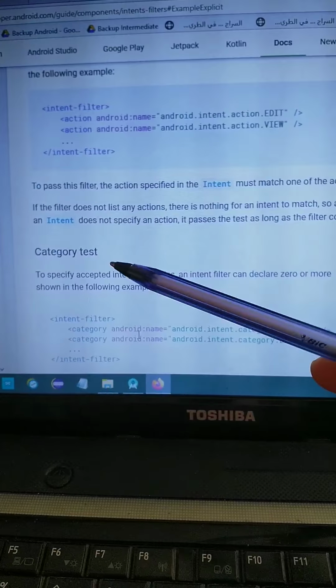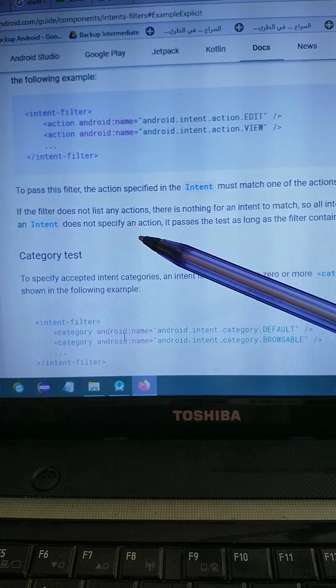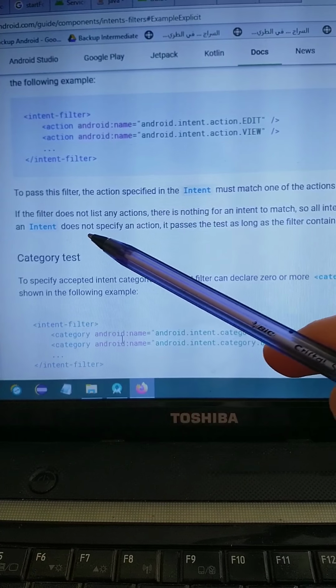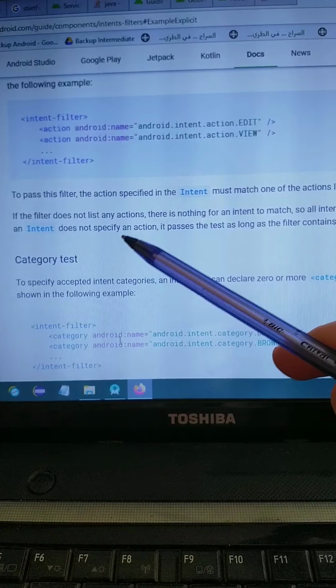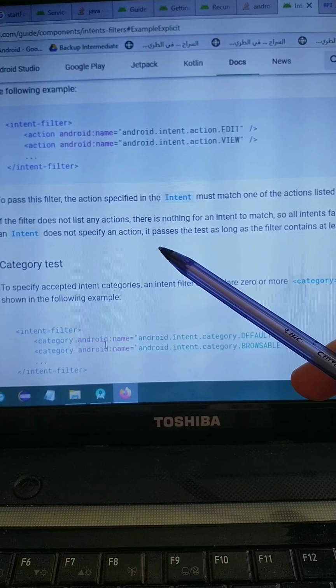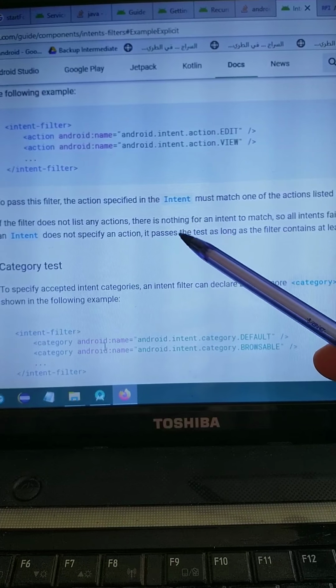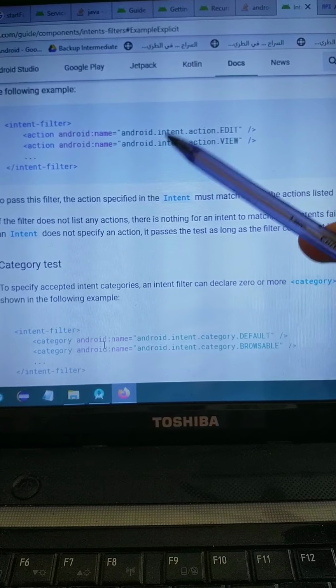However, if the intent does not specify an action, okay, so the requester is not specifying, so he's not infringing the rule we made here. Even though there are some actions here, I do not accept any actions different than these.